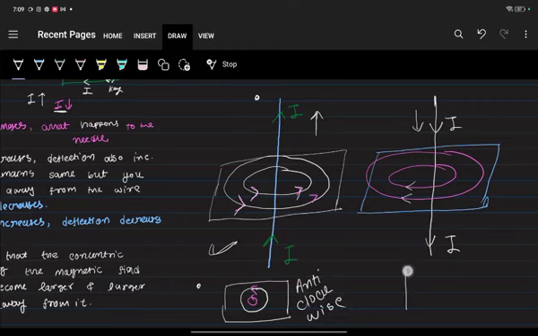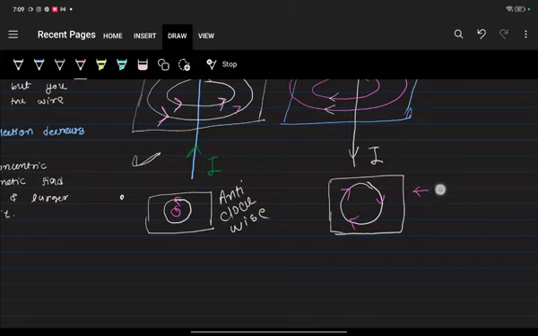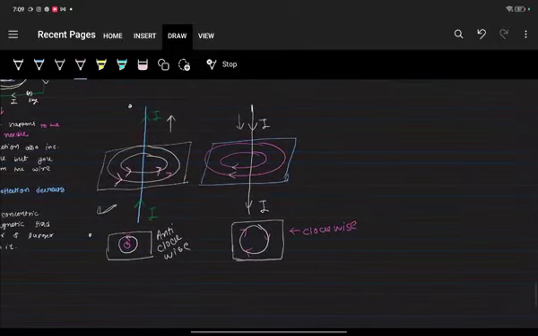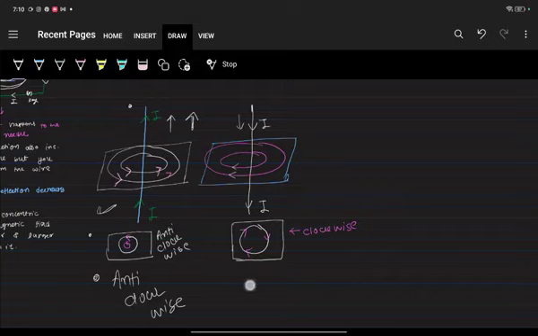So please remember this. If the current is in the upward direction, the direction of magnetic field lines will be anti-clockwise, right? And if the current is in the downward direction, its direction will be